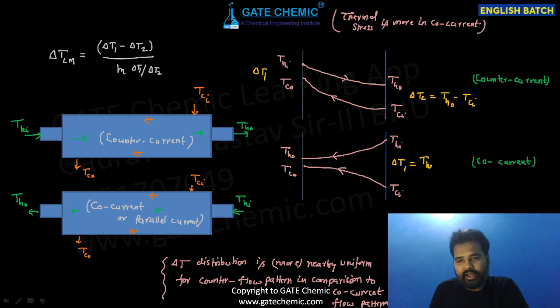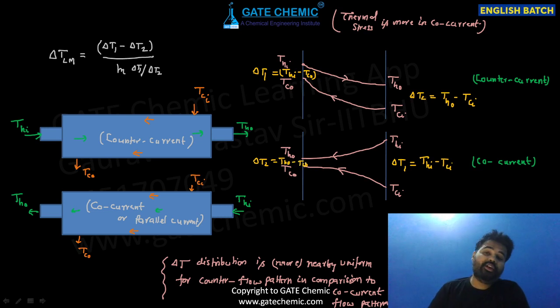So this is TH1 minus TC1, because you can write delta T1 minus delta T2 upon ln of delta T1 by delta T2, and you can write delta T2 minus delta T1 upon ln of delta T2 by delta T1. If delta T1 comes first, then delta T1 will be first in the numerator; if delta T2 comes first, then delta T2 will be in the numerator. Just you are taking the minus from numerator and denominator. And here delta T1 is THI minus TC naught. Here delta T2 is TH naught minus TC naught.